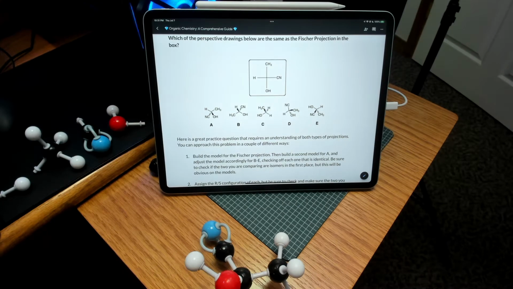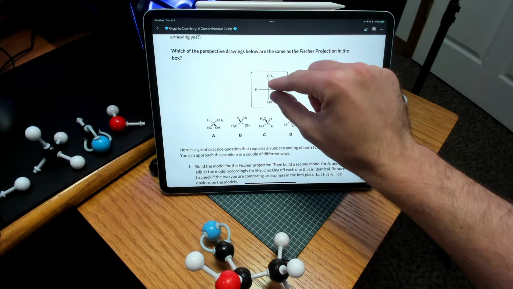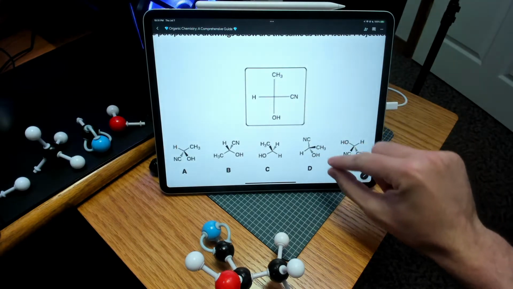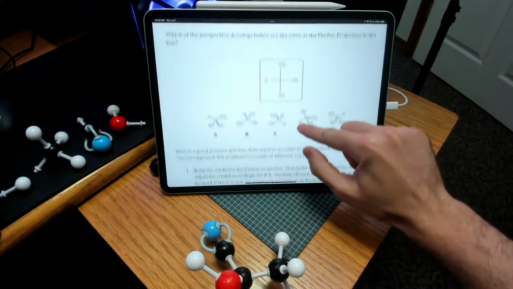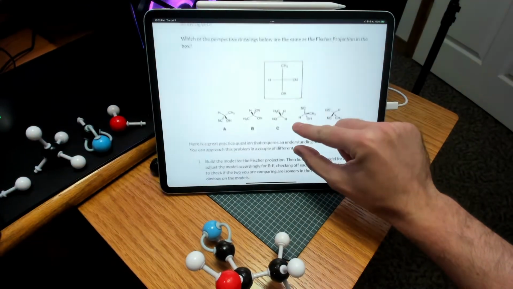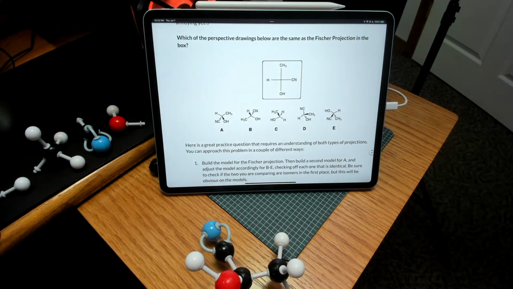Alright, so I've been wanting to make this video for quite a while because I want to show you the true power of working with a model kit in organic chemistry. The problem we're faced with here is we're looking at this Fischer projection and we're asking which of the perspective drawings, A through E, are the same exact, or in other words, an identical compound as the Fischer